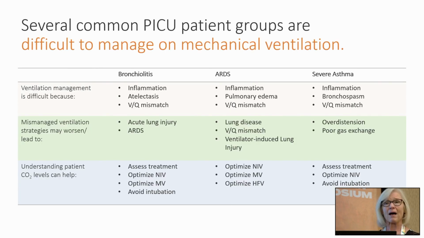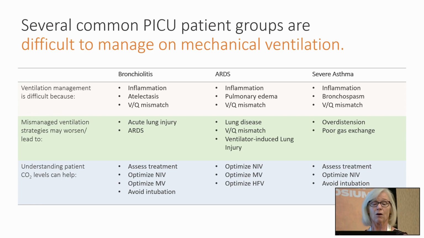So when we talk about the diseases in the pediatric patients that are most difficult to manage when they're intubated, it's going to come down to three basic things. Those kids with bronchiolitis, those patients who have full-blown ARDS, and the asthmatic patients. And what we see across these three populations is some